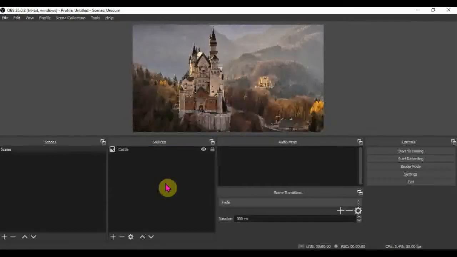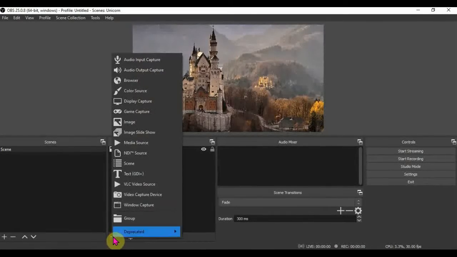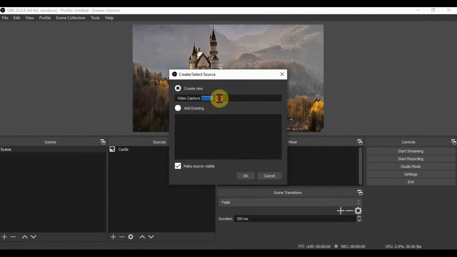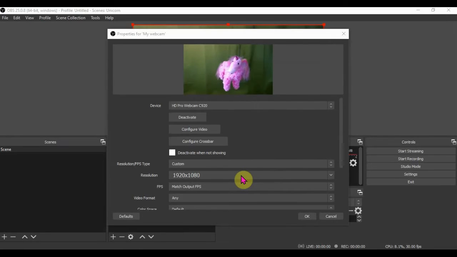The second visual element I'm going to need is my actual web camera, and so I'm going to go to Video Capture Device. Again here, I'm going to need to name it something. The default here is fine, but if you wanted to put something like my webcam, that would work too. You will need to select your specific webcam from the device list. For instance, I had to select my HD Pro webcam C920, but your list will look different based on the